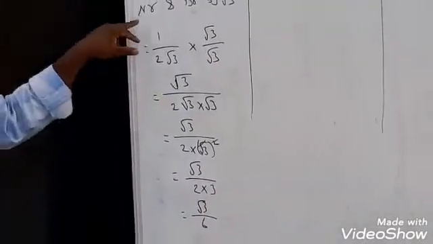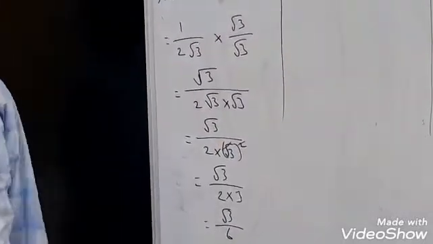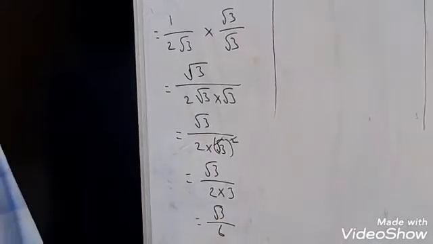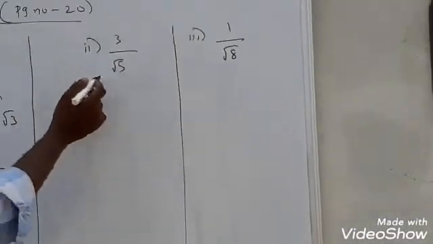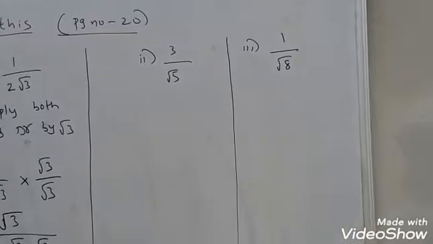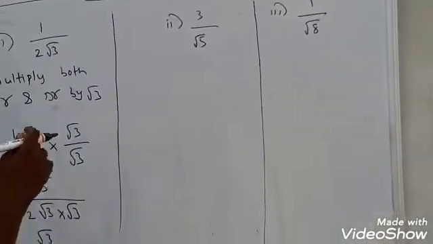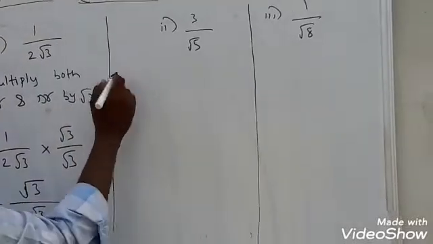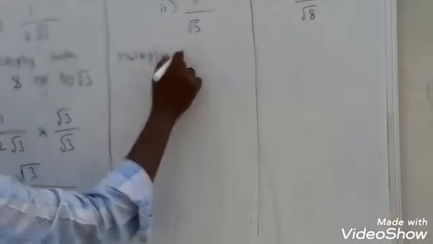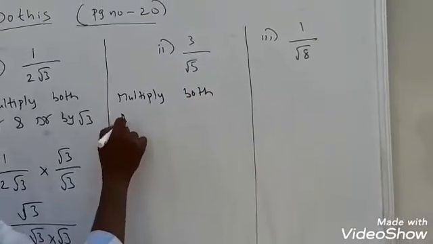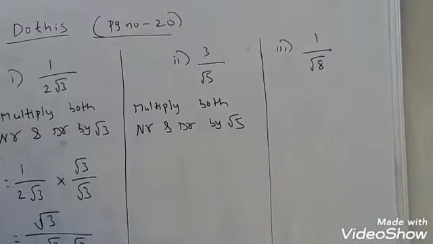So that's why we converted the denominator which contains an irrational number into a rational number simply by multiplying by root 3. Here also the same. In the second bit also, what is the denominator here? Root 5. Root 5 means 5 is a prime number. So what is the rationalizing factor of root 5? Root 5 only. That means you can multiply both NR and DR by root 5.